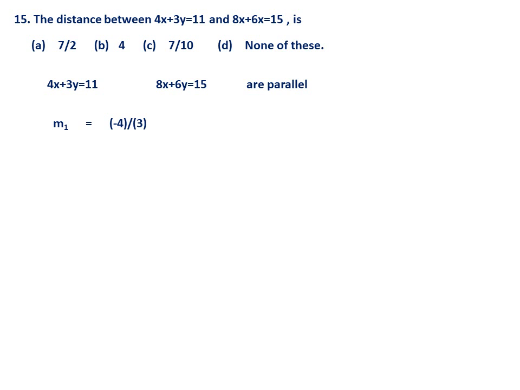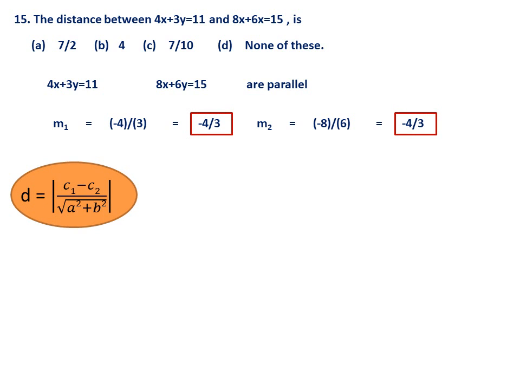They are parallel, you can see, because m1 is minus 4 by 3. m2 is also minus 4 by 3 only, because a and b are proportional in the two equations. Therefore, the slopes are equal, so they are parallel. Now for the distance between two parallel lines, the formula is d equal to mod of